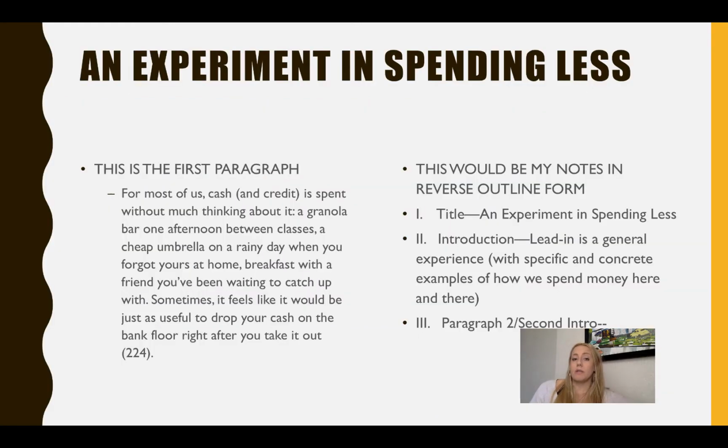So here you will see on the left side of your screen that I actually wrote down the very first paragraph word for word from page 224 of this student essay. So if I was actually reading this essay, right, I would not write down word for word everything that's in that first paragraph. What I would do is try to figure out several things. One, what is the most important information that's coming at me from this paragraph? And two, what is the function of that information, especially in the process essay?